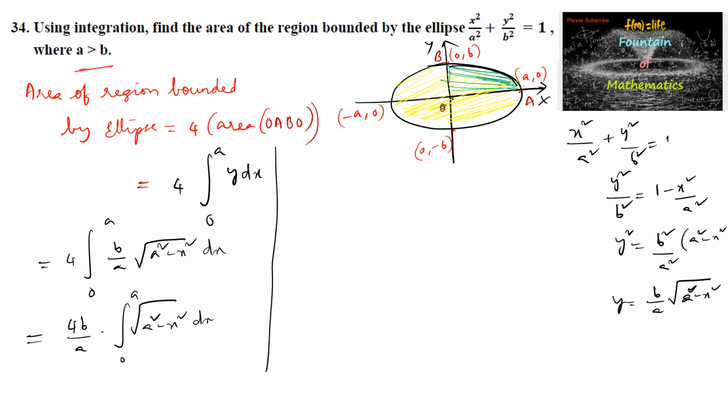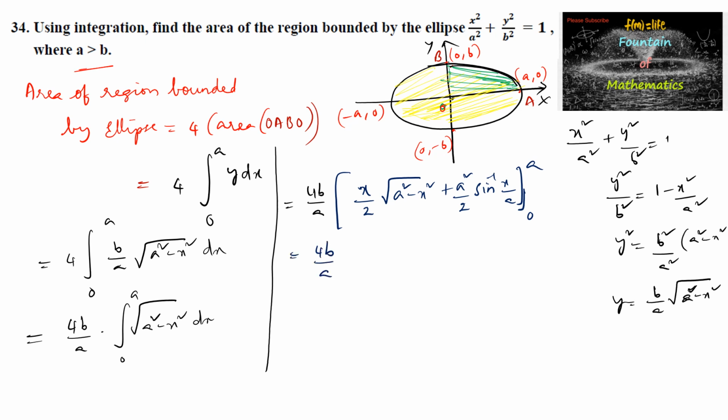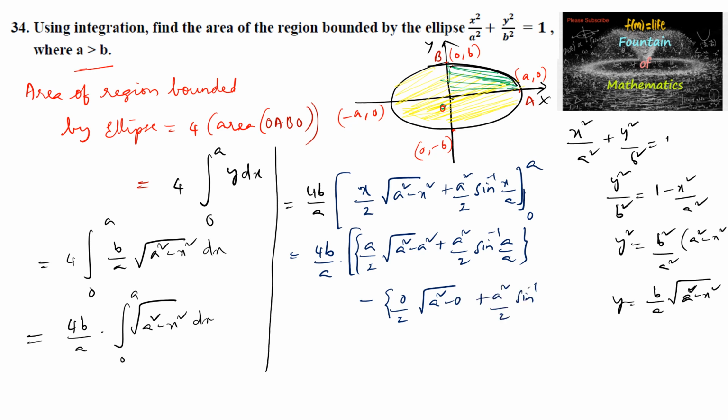And we know the integration of root of a square minus x square is, so we can write x upon 2 root of a square minus x square plus a square by 2 sine inverse of x by a over the limits 0 to a, which is equal to 4b upon a, applying the limits here, a upon 2 root of a square minus a square upper limit and plus a square by 2 sine inverse of a by a, this is upper limit, minus lower limit 0 by 2 root of a square minus 0 plus a square by 2 sine inverse of 0